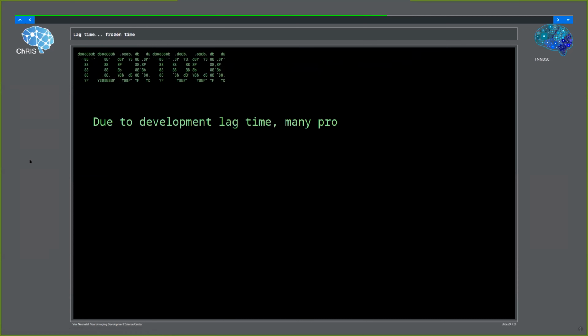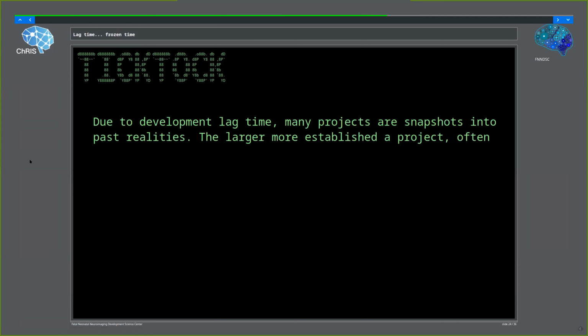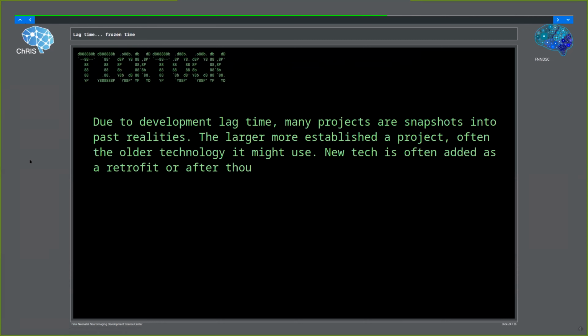So one thing that is very important that we like to think about is this development lag time. Many projects, particularly open source projects, are snapshots into some reality that they chose when they began developing the system. And the larger and more established a project, oftentimes the longer the lag time or the lead time to get something out the door. And by the time it arrives, oftentimes the older the technology is.